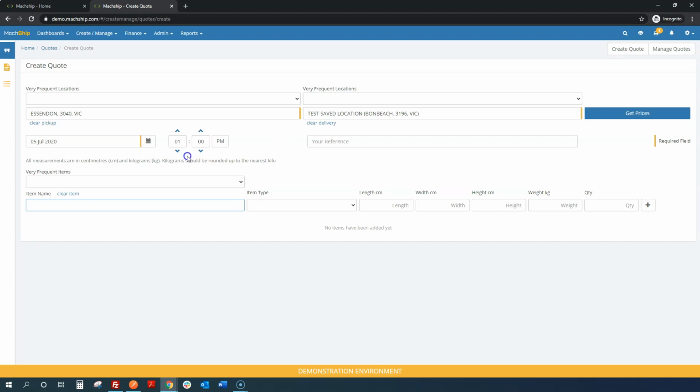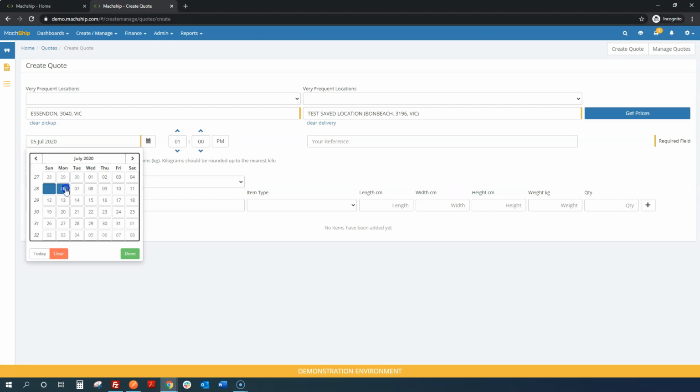Machship will set the date and time to be the current date and your next available hour based on your local time zone. You can adjust the time to be up and back by selecting the two arrows. You can change from AM to PM by clicking this box. You can also type in the time by using the text fields that are provided. If you need to change the date, click on the calendar icon and then select the date from the calendar